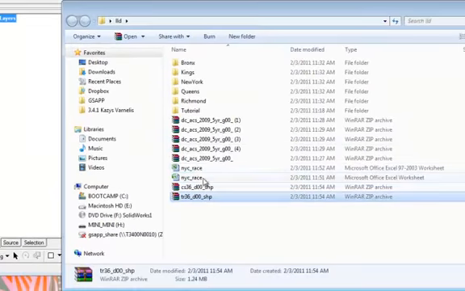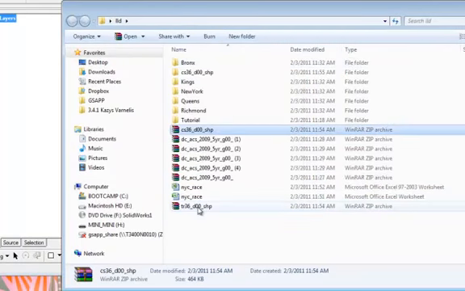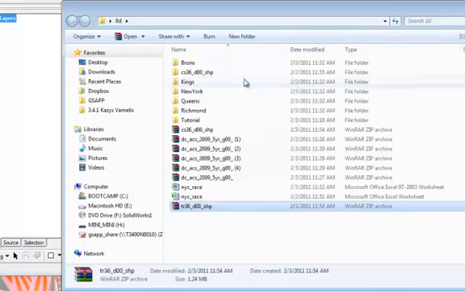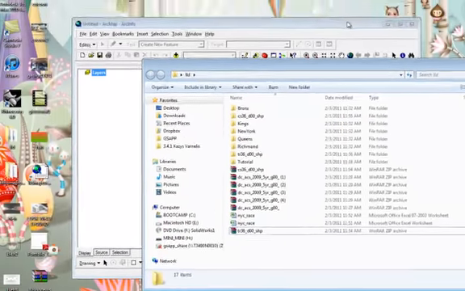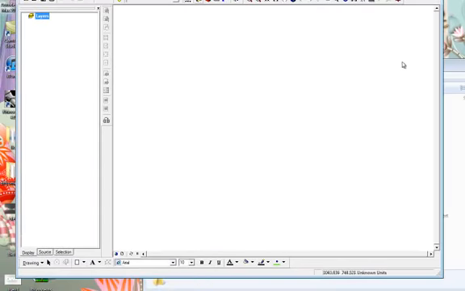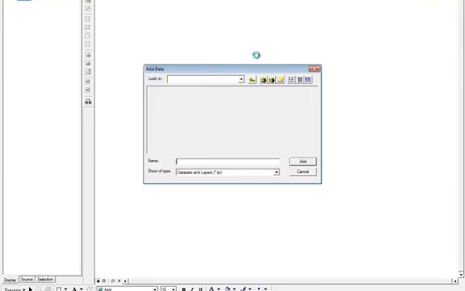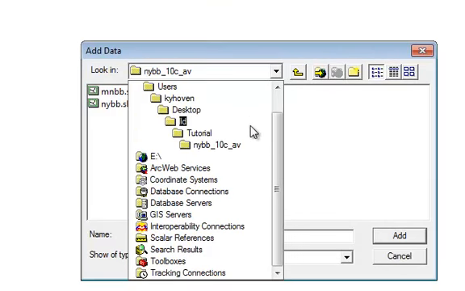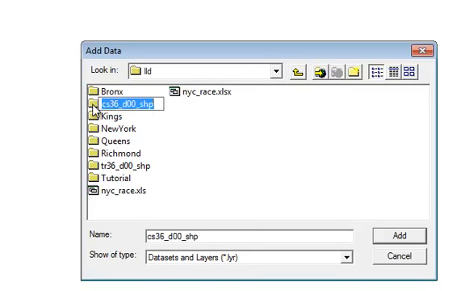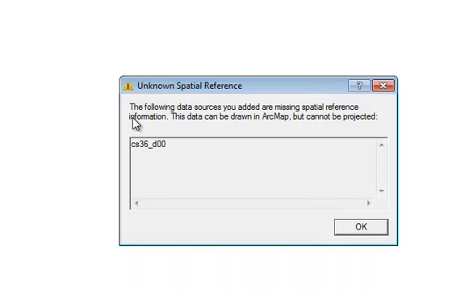Okay, so this is the census. This is the county file. And this is the tract file. So you want to import, like we did last week, those files into ArcMap. So go to the plus sign and add the shapefile. When you do that, you'll see it says the following data sources you added are missing